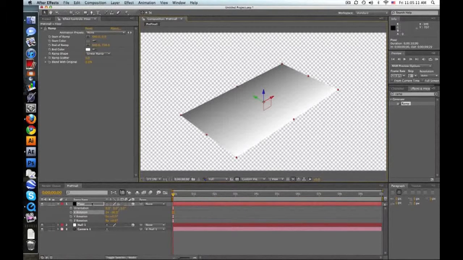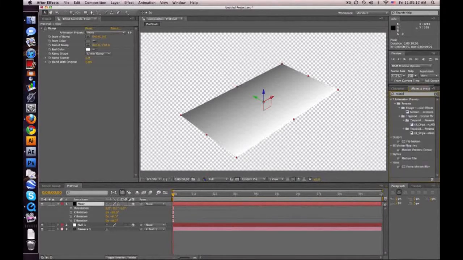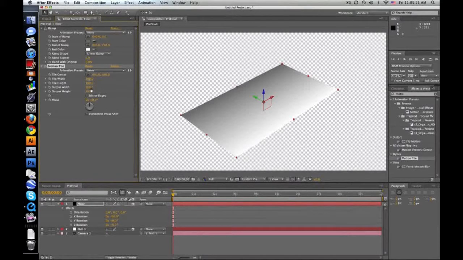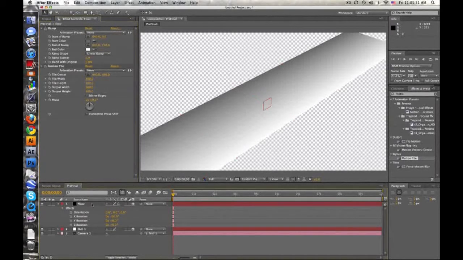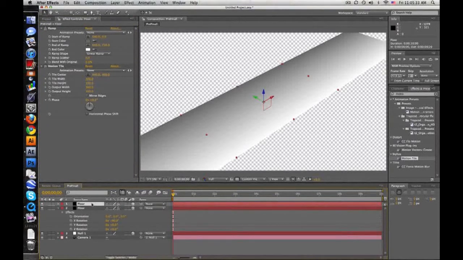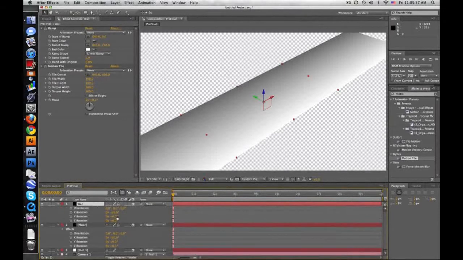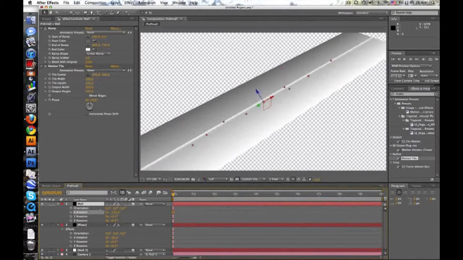We've got our floor, and it's a little skinny, so what we're going to do is go over here and type motion tile, drag that onto your floor, and increase the output width to maybe 300, it doesn't matter. We don't really need that much, but whatever. Once you've done that, duplicate your floor, call this the wall,